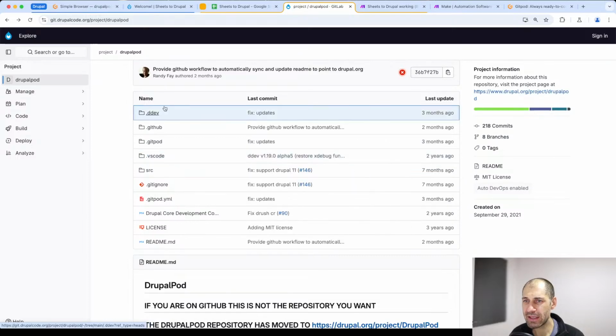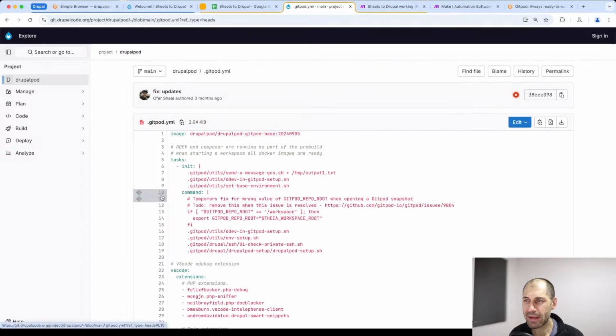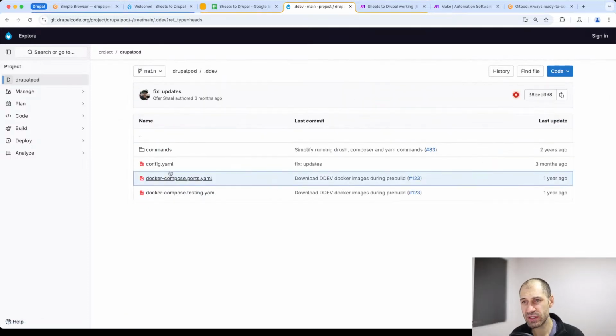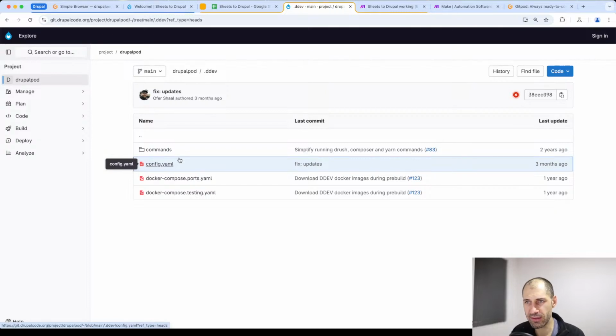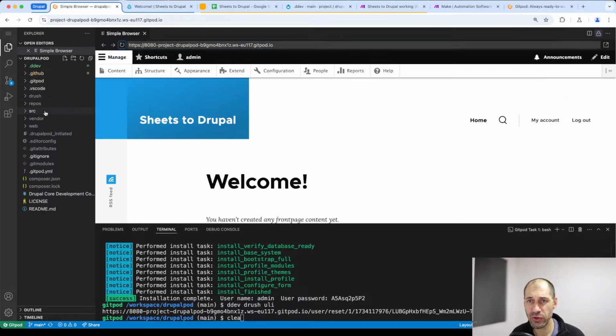The good thing is that it uses the Gitpod folder, and also here you go, this Gitpod YAML file. And it uses DDev, which is pretty much, I think, the de facto development environment for Drupal now, which is great. So jumping in is pretty easy. Once it's all set up, you essentially get VS Code, and you can look at the code and modify it as much as you want, but best of all,